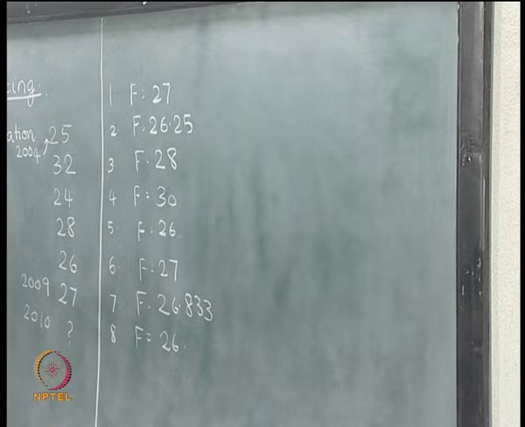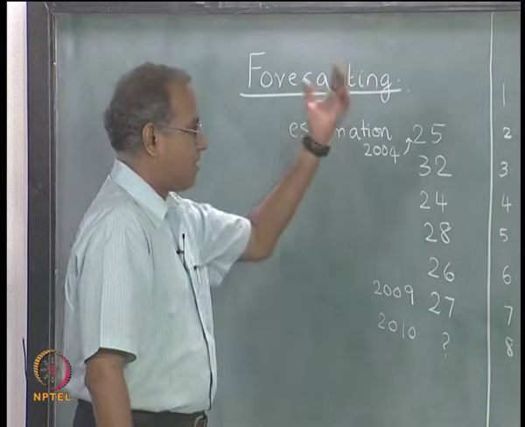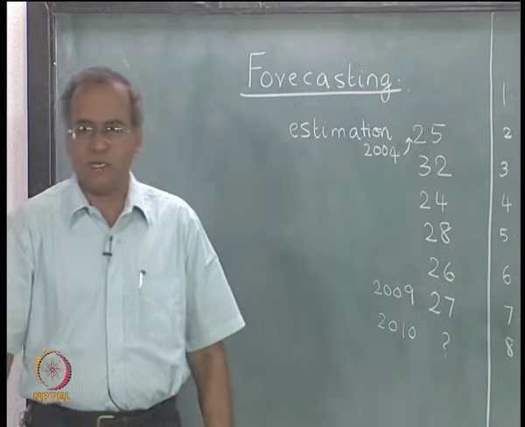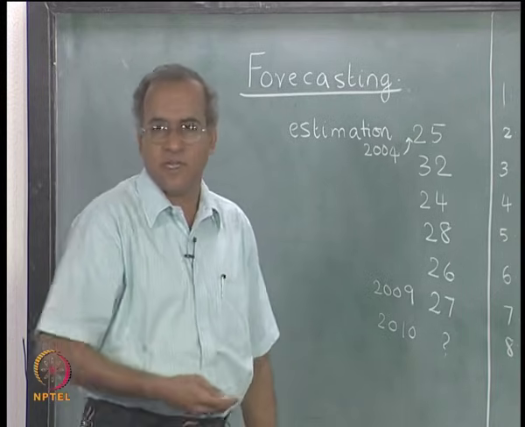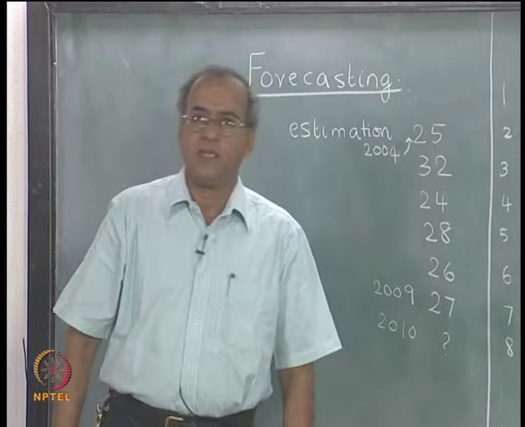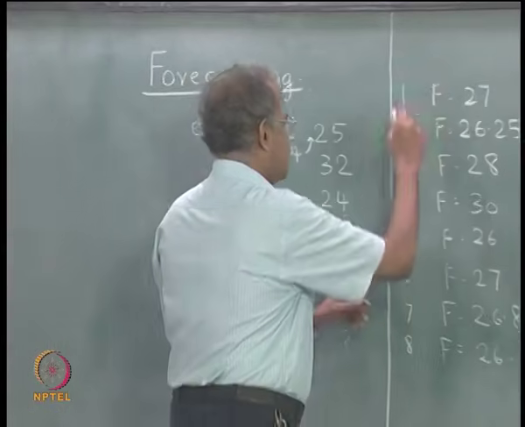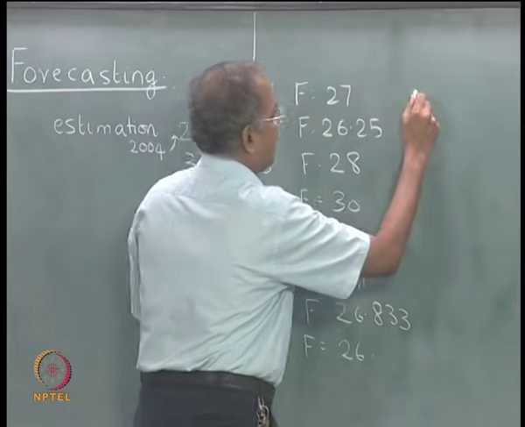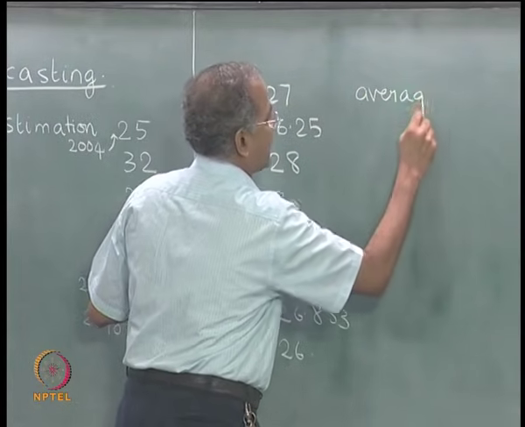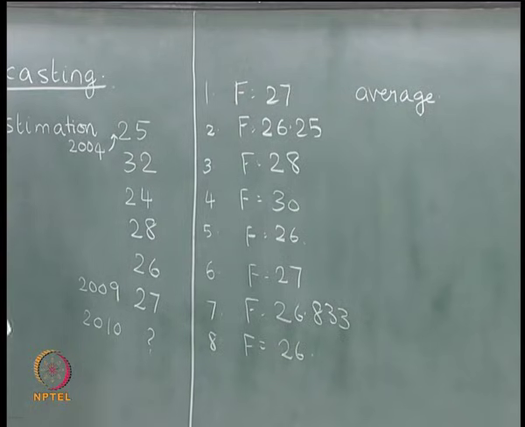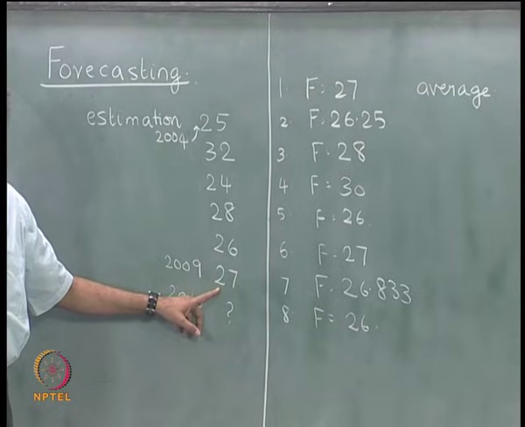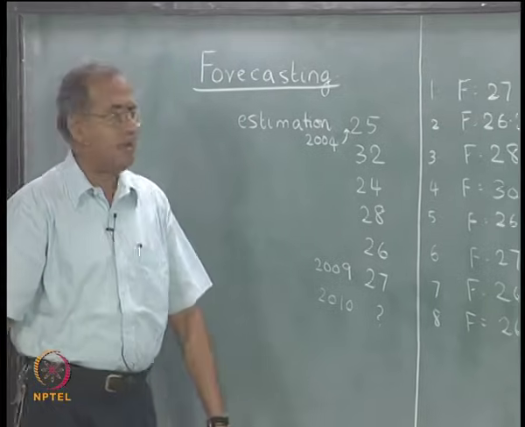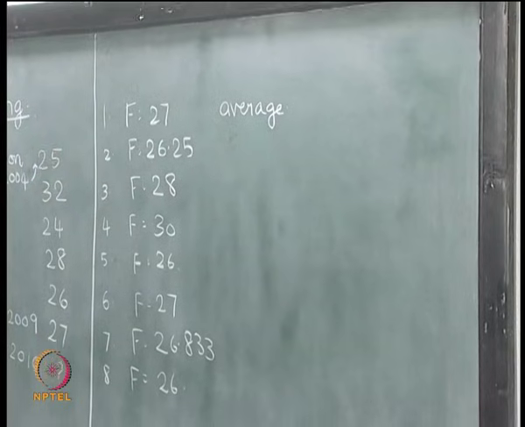Now, when I asked the students the basis or the reason behind which these numbers were given, I got a variety of answers. So, I will write down these answers and then we will slowly see the relevance of each one of them in the context of forecasting. The first, forecast equal to 27, comes from simple average. One of the students believes that a simple average of these 6 numbers adequately represents the forecast, and we add all this and divide it by 6, we get F equal to 27.